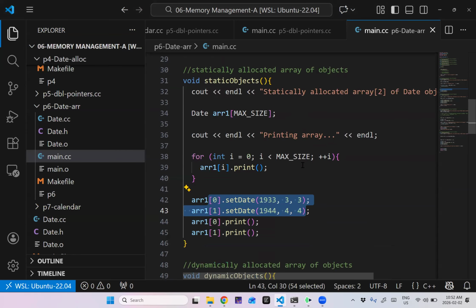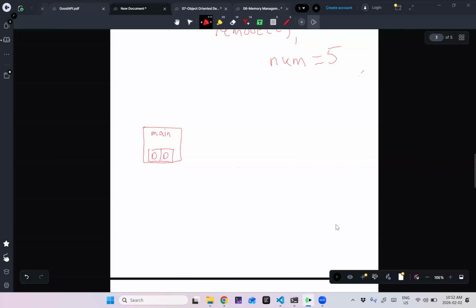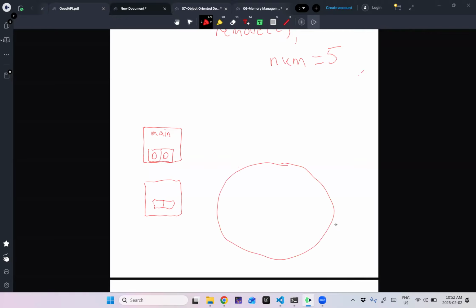Okay. Well, let's look at what if we did something similar, but now we're going to use pointers. So in terms of our model now, again, we have a main function on the stack frame. Again, we have a statically allocated array, but this time it's pointers. And so on the heap, we're going to make a new date, and I'm going to assign this to point to it. And then we're going to make a second date, and we're going to point to that. Now these dates on the heap we have to handle. We have to delete them, right? This is basically the pattern that we just implemented in the calendar class.